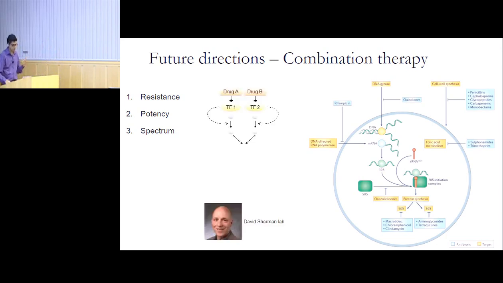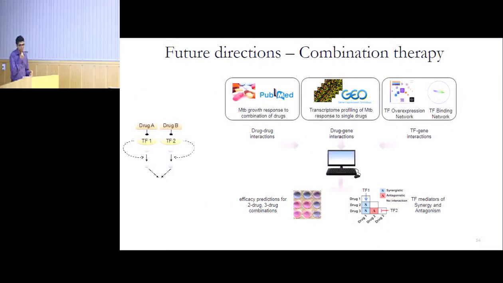So we use these models to search through thousands of combinations to identify which ones are most effective when added together. We are working with the David Sherman lab in Seattle, where we're trying to test new combinations that we are predicting for tuberculosis. The way we do it is by taking different kinds of data and combining them to build a model. In this case, we are using tuberculosis data exposed to different drugs, and we're also using data where we know the effect of adding a combination of drugs to the pathogen.